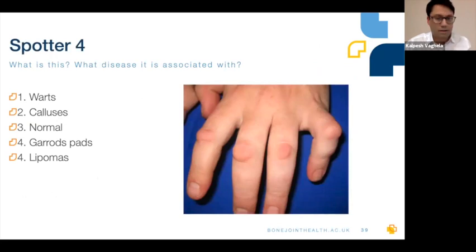What do you think this is? Brilliant. Yeah, they're Garrod's pads. So these are associated with